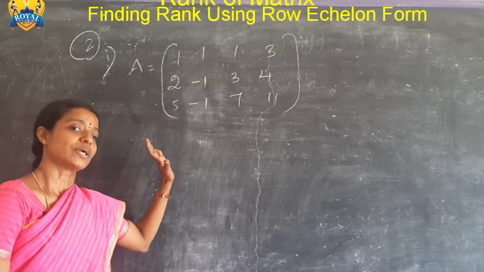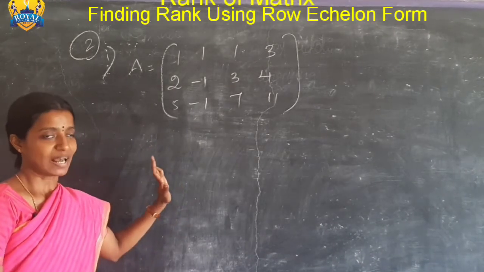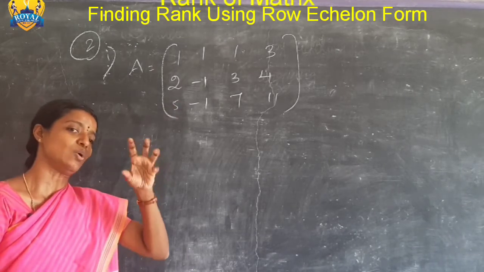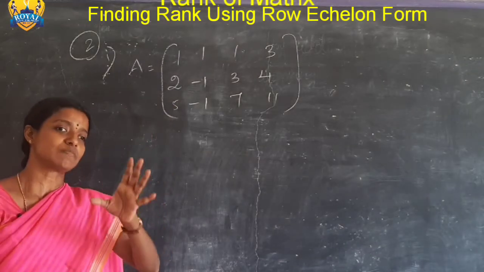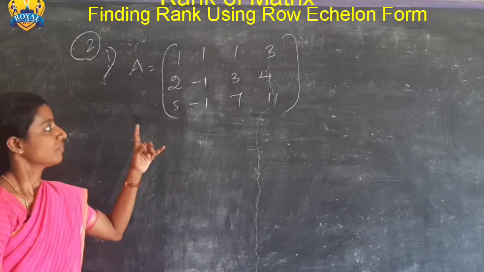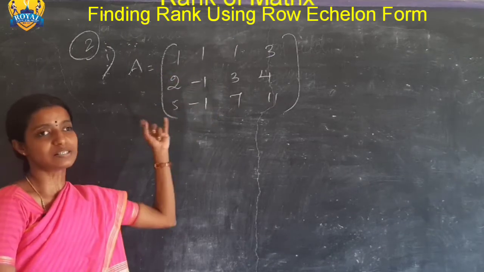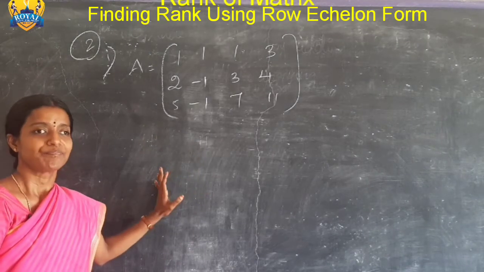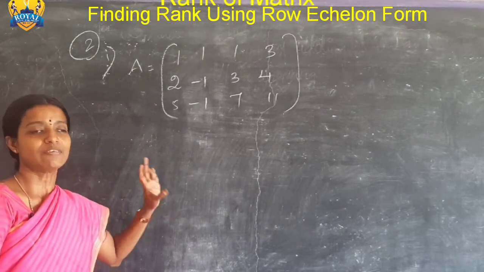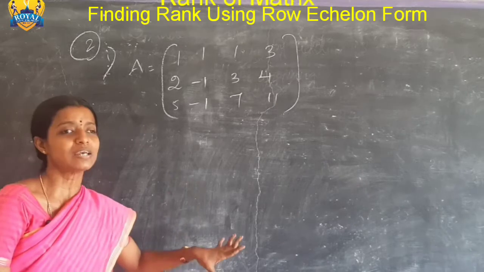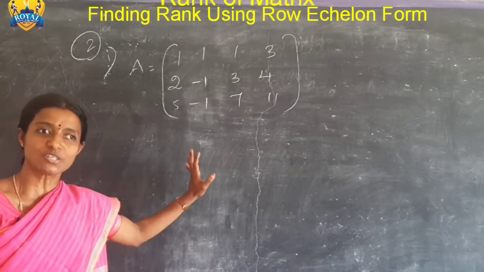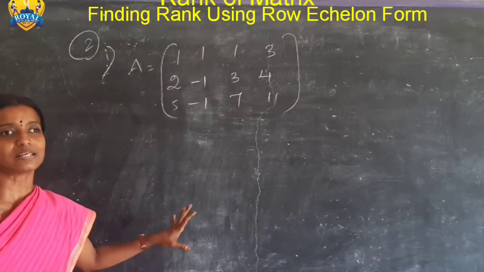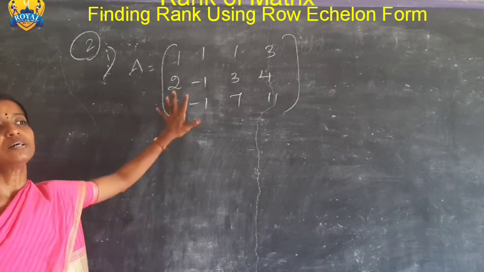But what about my rank? My rank depends on the number of rows and columns: the minimum of m cross n. My m cross n here is 3 cross 4, and the minimum value of 3 cross 4 is 3. So my rank will be either 3 or less than 3. So let us proceed with this problem